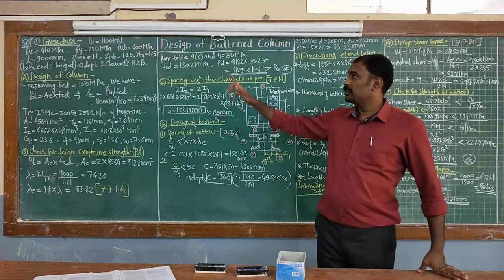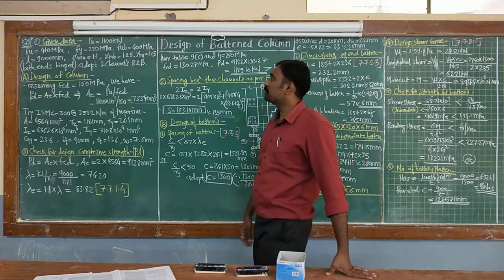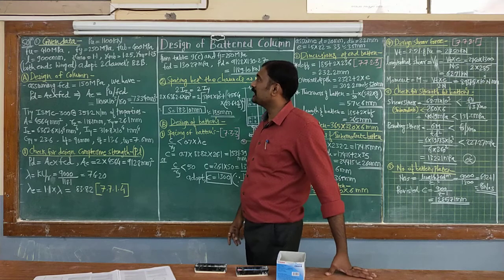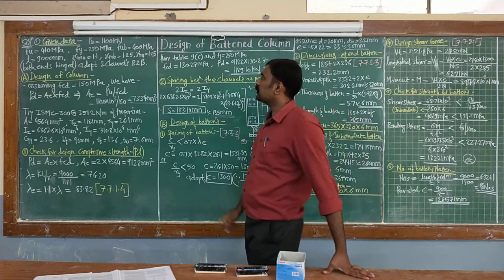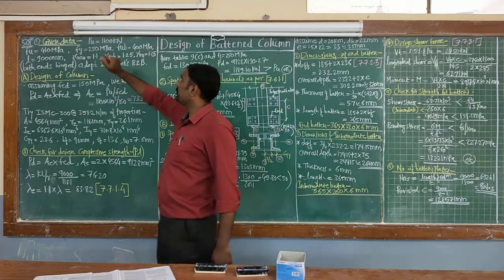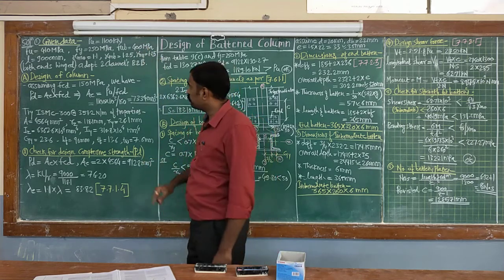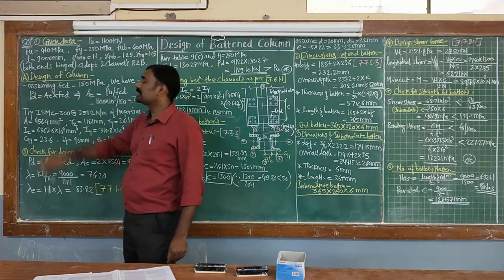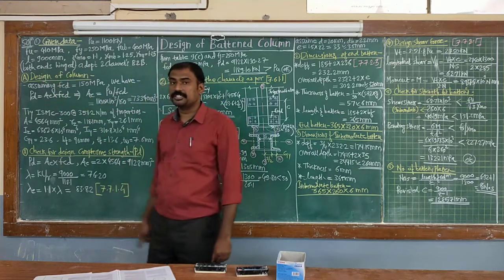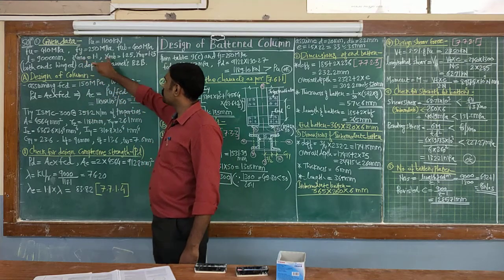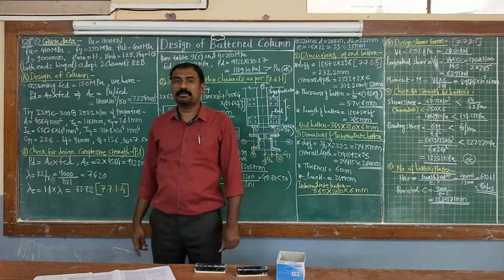So step number 1 for the current numerical is given data, and the given data is mentioned as your axial compressive factored load acting on the section is 1100 kilonewton. Grade of steel is 410 MPa. Yield strength of your steel is 250 MPa. Ultimate strength of bolt is 400 MPa. This is as per 4.6 grade of bolts. Length of the column is 9000 mm, that is nothing but 9 meters, with both ends hinged. Then partial safety factors gamma m0, gamma mb and gamma m1, and again they are asking to adopt two channel sections placed back to back.